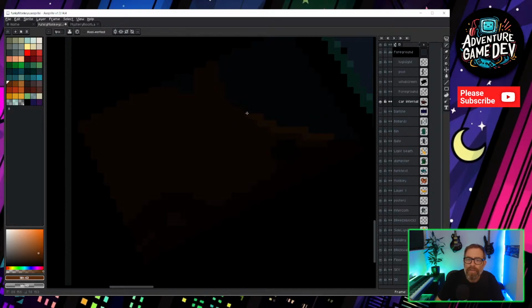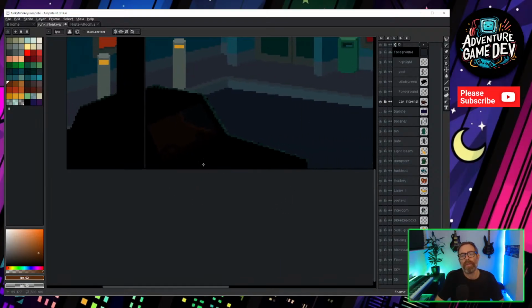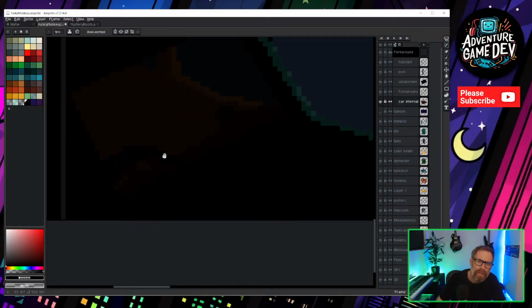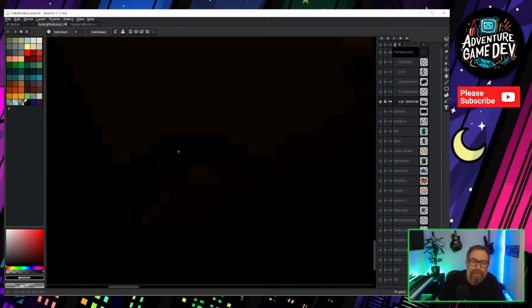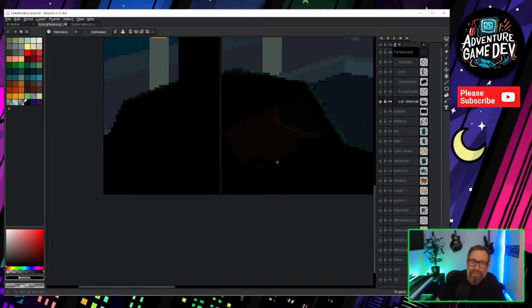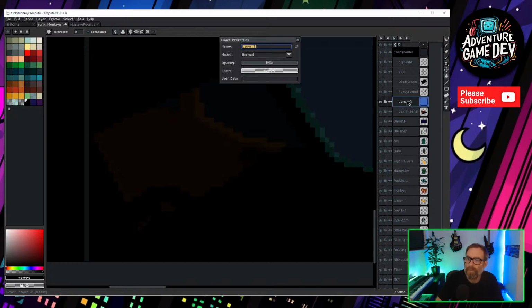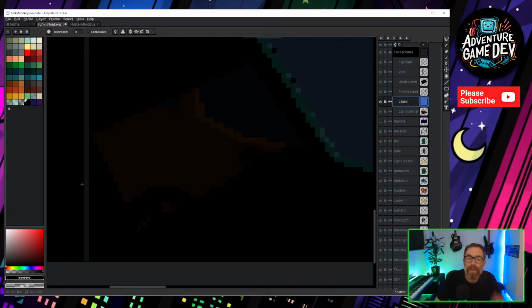So that would catch the light from the same direction everything else is. That's the edge of the door. I think in a way the steering wheel and stuff should probably be black. I can't see what I'm doing. Yeah, so it looks a little bit better. But then it's the chairs, isn't it? That's the tricky bit. I just don't know how these are going to sit, really. So we don't get the shape of them right.